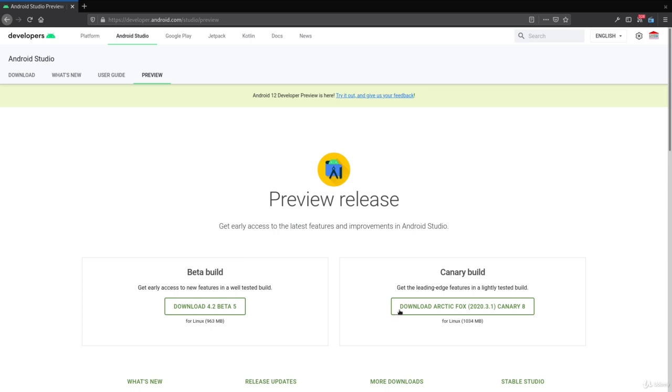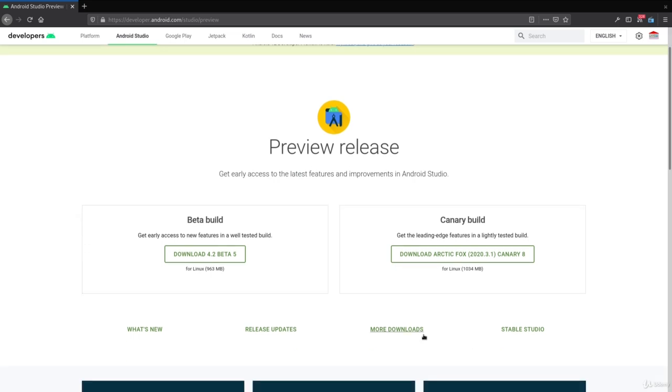So I select Download Arctic Fox 2020-31 Canary 8 for Linux. It automatically recognizes the system on which I'm browsing the website. I'm on Linux, so it suggests I install the Linux version. If you want to see other versions of this IDE, for example, the Windows version or the Mac version, you can select More Downloads,